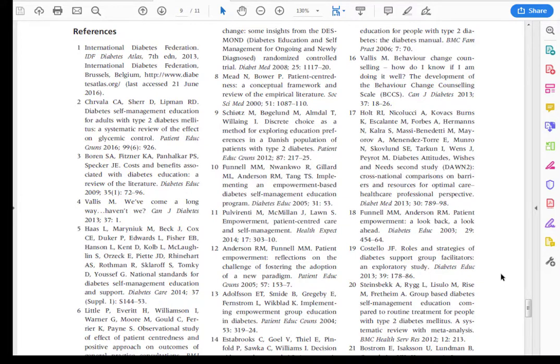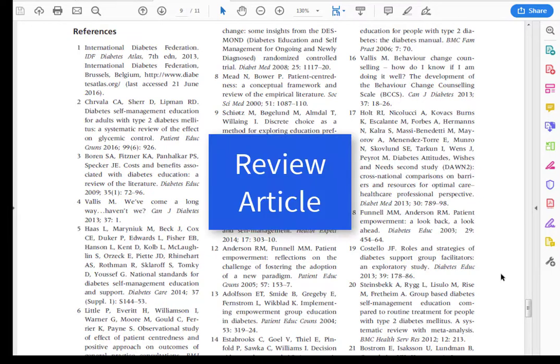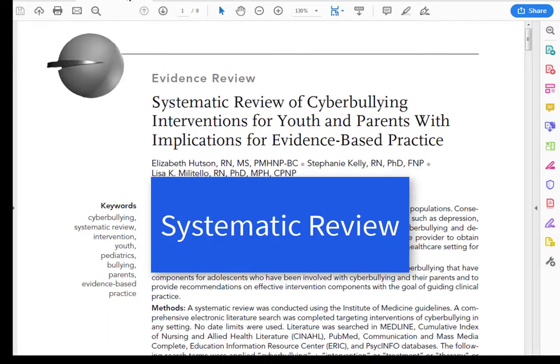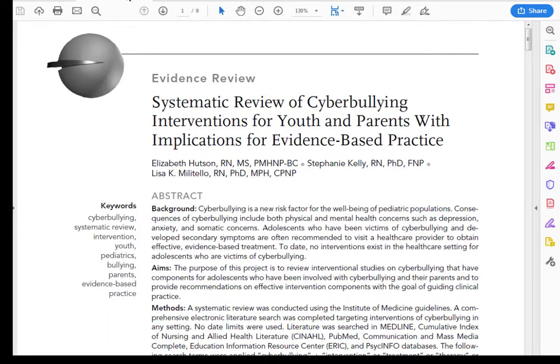While these features will help you to identify research articles, be aware that there are other types of scholarly articles that may be useful for certain purposes. The review article, not to be confused with a book review, is a broader examination of the current scholarly literature as it relates to a topic, the state-of-the-art of research on the topic, as it were. A particularly important type of review article for nursing is a systematic review, a rigorous review of recent research as it pertains to a specific clinical question, and is a prime source for evidence-based practice.